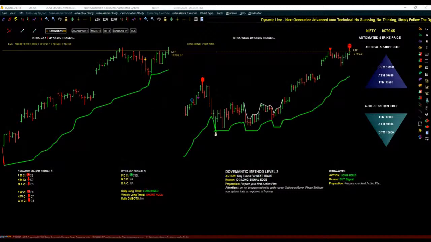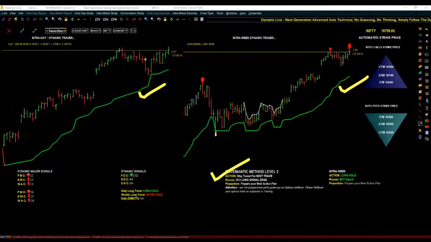Now for that, all that we do here is very simple. If you have understood the second step very clearly, then the third step is very, very easy. All that we are going to do here is, whenever the action tells us to buy a call option or a put option, before we do the trade, we will check intraday 3 long signal. We will check intra-week long signal as we did in the second step, same thing. But along with this, we will check one more additional thing, and that is